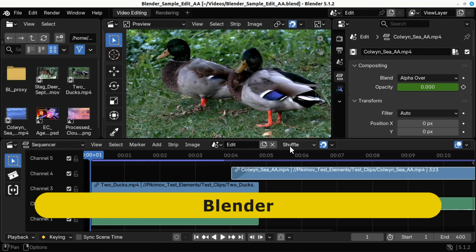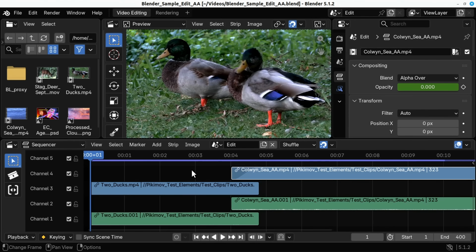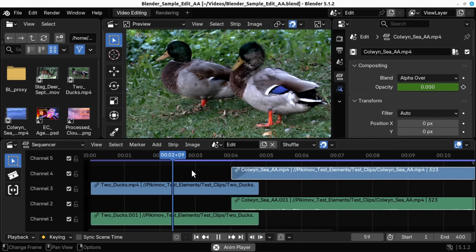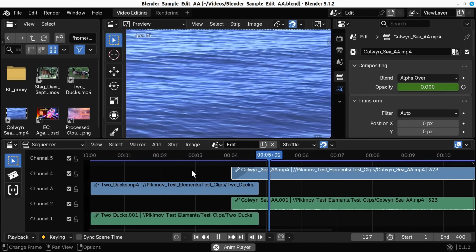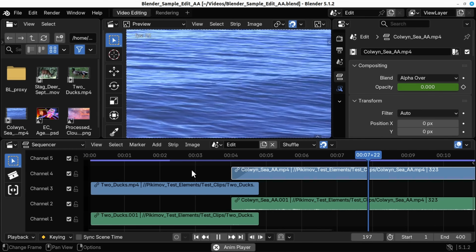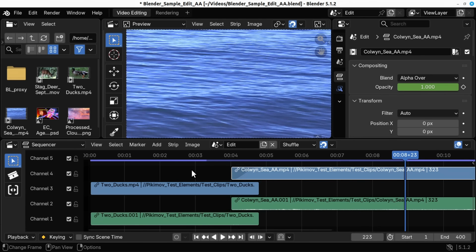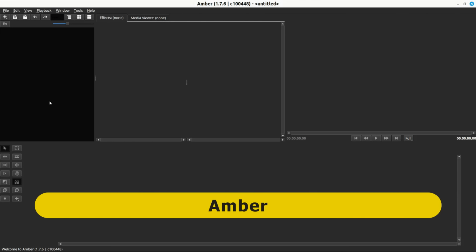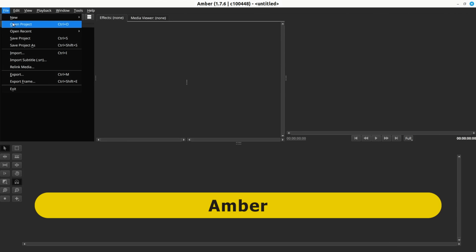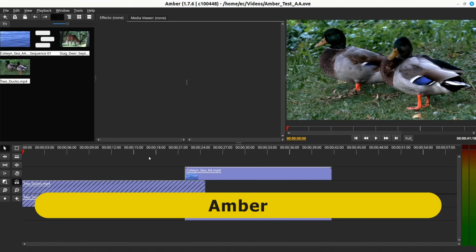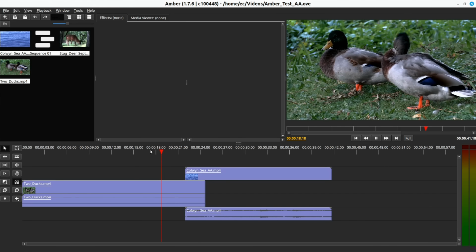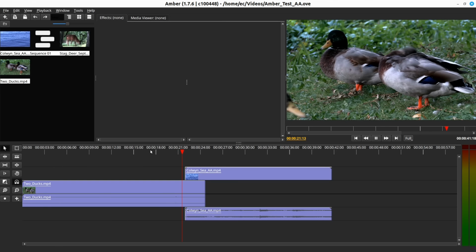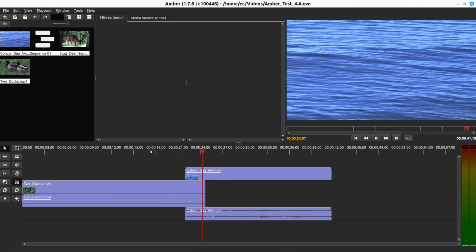And this may surprise you, as Blender is fundamentally a 3D modeling and rendering package. But its video editor is now also pretty good, as I've covered in another video. And whilst Blender does not have all the features of Premiere Pro, it does offer a professional level of user control. Next, I want to highlight a new entrant, which is Amber. This is based on the former Olive video editor, which was a great open source application that never got out of alpha. Nevertheless, Olive managed to offer a lot of functionality via a relatively simple interface, and this design approach